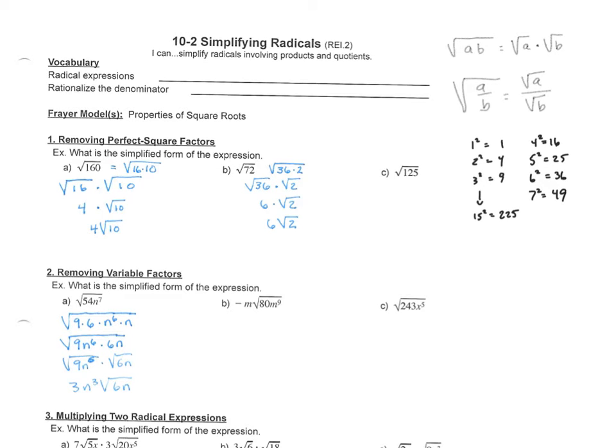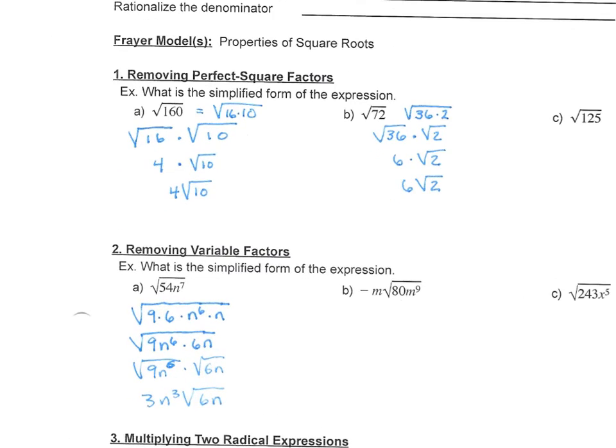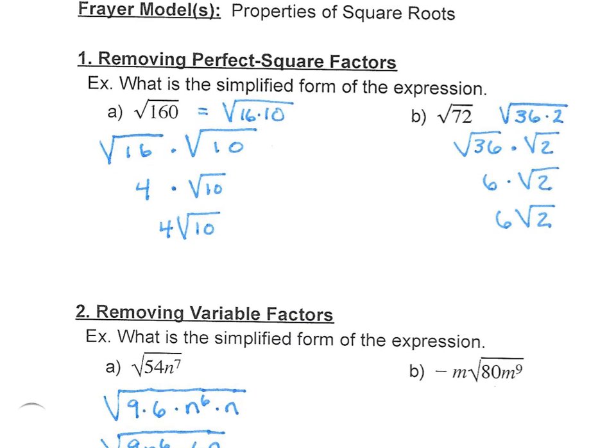And why those are important is because when we're finding the square root, we are trying to find those perfect square factors out there so we can simplify them. So we're going to work our radicals, our square roots, down to prime numbers that we can't do in our head. So when I look at the square root of 160, I know when I simplify that